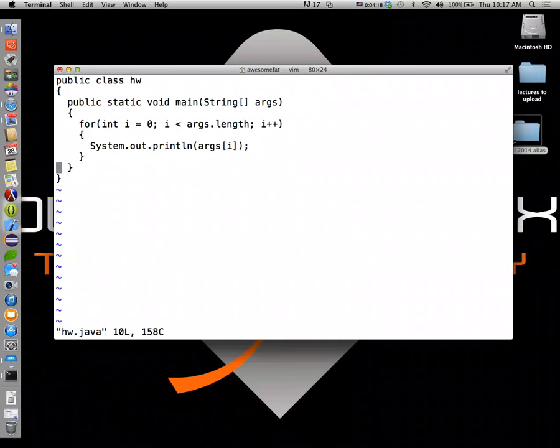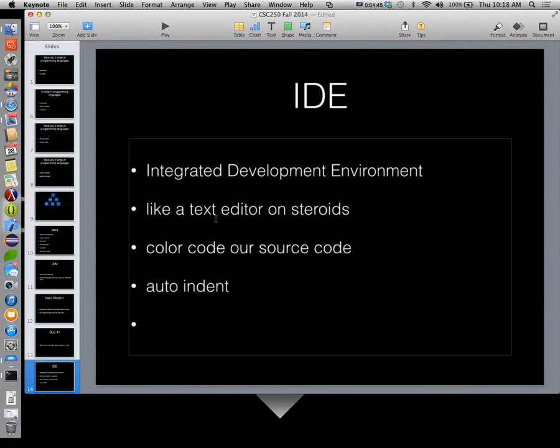One of the problems that beginning programmers run into is they don't take the time to actually structure their code so that it looks nice. And it's not just for looks, it also helps you debug the program. You can see where the beginning of this starts and where the end of it is, where the beginning of this one is and where the end of it is, and so on and so forth. So indenting is actually a pretty important part of programming. It's not just for show. Well, our IDEs do this for us. They auto-indent. By default, most of the IDEs auto-indent in a way that I don't like, and I'll talk about that in a few minutes, but it doesn't really matter. You can do it whatever way you want, as long as you're doing something with it.